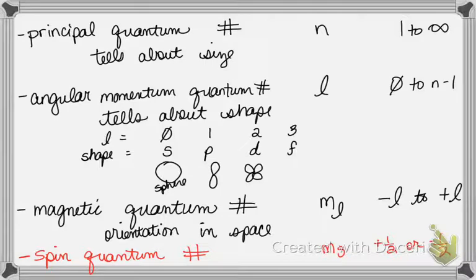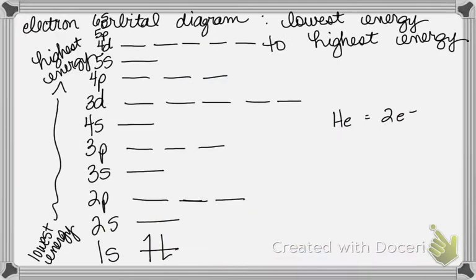It doesn't matter if n is 3, ms can only be plus 1/2 or minus 1/2. And it tells you the direction of the spin. The rule is that in each of these blanks, they have to spin opposite directions. That's the rule. We're going to talk more about that rule in a minute, but let's keep going with